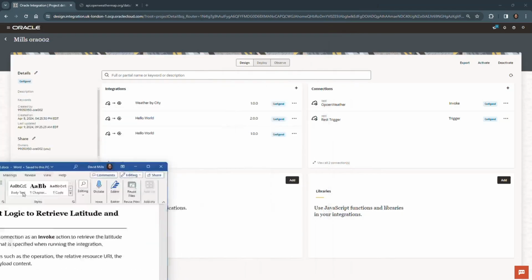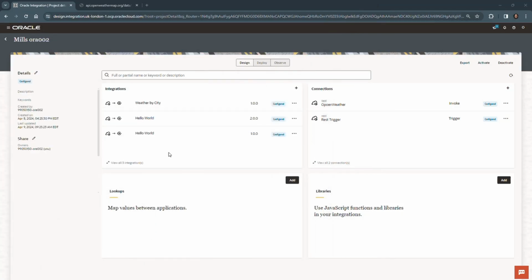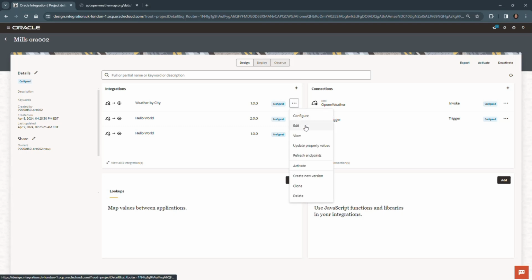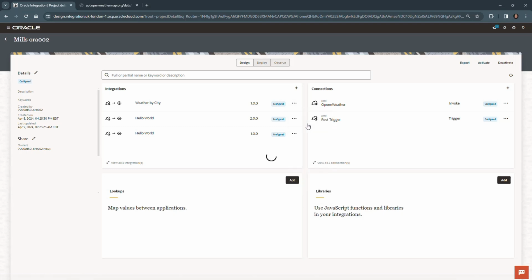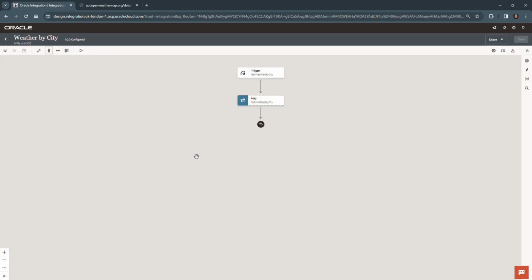So let's get started. Step one is we open our integration. Two ways to get that open up. You can just click on it here, or you can click here to edit. The instructions tell you to do this. Either way works. When you get back to your integration, you're in edit mode. And we need to hover our cursor just below the trigger line before the response goes out, right here, to